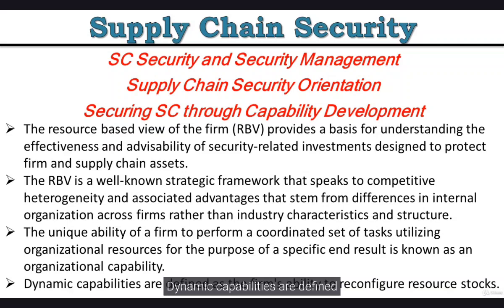Dynamic capabilities are defined as the firm's ability to reconfigure resource stocks. These sets of organizational capabilities do not directly involve the production of the focal good or provision of a marketable service, but rather indirectly contribute to the success of the firm through their impact on regular operational capabilities. Supply chain security management capabilities are those dynamic capabilities that allow the firm to continue to perform operationally through protection of other firm resources such as plant, equipment, and human factors, and via this protection represent a differentiating factor for firms in the event of a disaster.